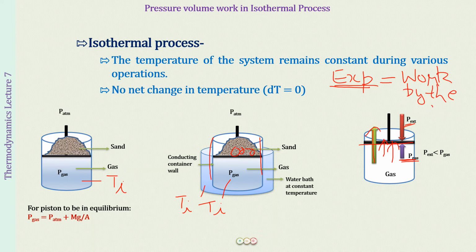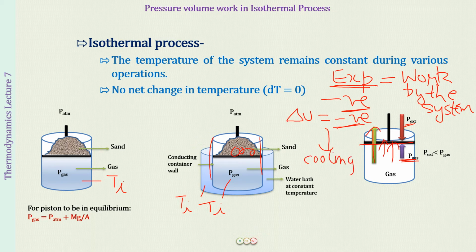And what do you know about work done by the system? What is the sign convention for that? Well, we have a negative sign for that. A negative sign means what? That the energy of the system, or you can say delta U, is going to be negative over here. The internal energy of the system is decreasing. When the internal energy of the system decreases, this is going to cause a cooling effect. Okay, so when the system's energy is decreasing, this causes a cooling effect.